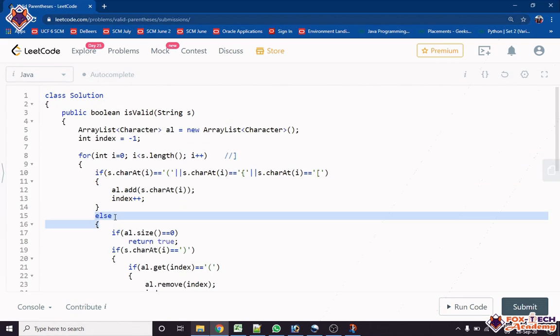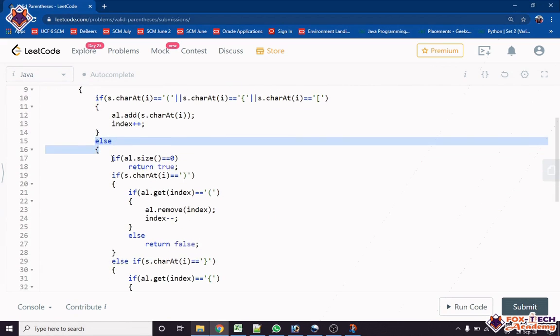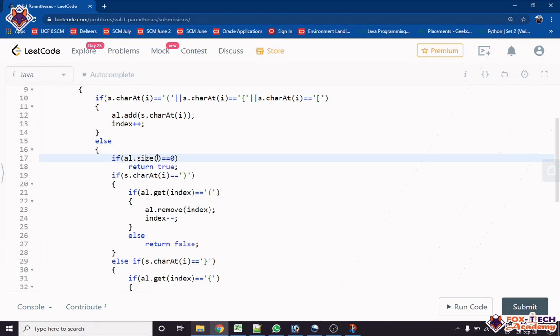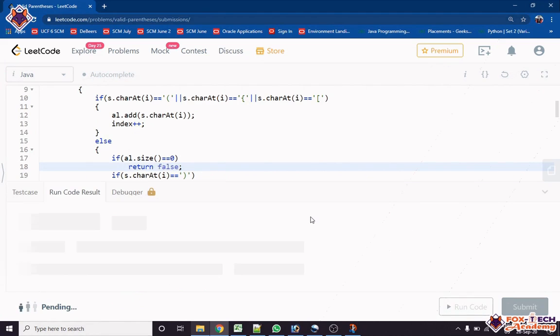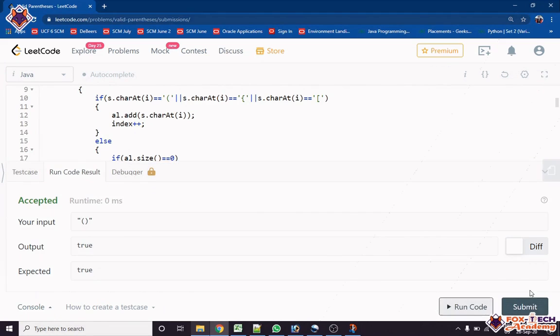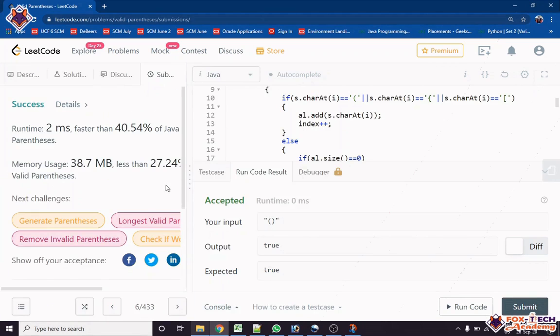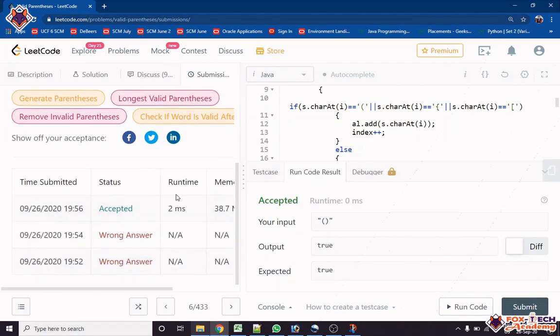It will go inside this, and we say if l.size is equal to 0, then return true. Oh, sorry, return false. We are doing silly mistakes. Sorry, I'm doing it. Submit. Yeah, you can see it's fine.